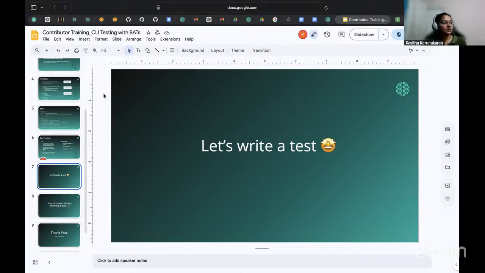So you create sample data, and then put it for every test. You need not have sample data, but when you need some input data, that can be added here. For instance, this is just a reference. You create a component named CLI E2E test, and then this is being used in the